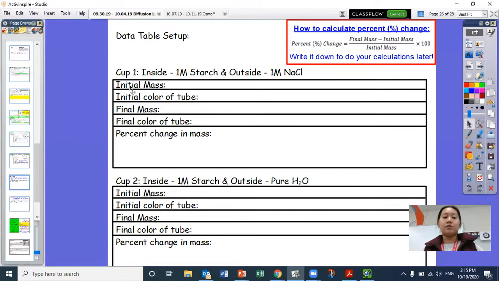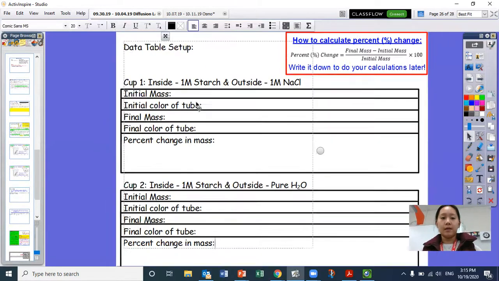You want to have a section for initial mass. You want to have a section for initial color of the tube, and again, I'm going to be adjusting these to say cell. Then you want a section that says final mass, final color of cell. And then one last section that gives you room to do your calculations using the initial and final masses of your cell to do percent change in mass. Okay, you want to do the exact same thing for your other cup or your other setup. And you want to have initial mass, initial color of cell, and final mass, final color of cell. And then you're going to be using your final mass and your initial mass to calculate percent change in mass